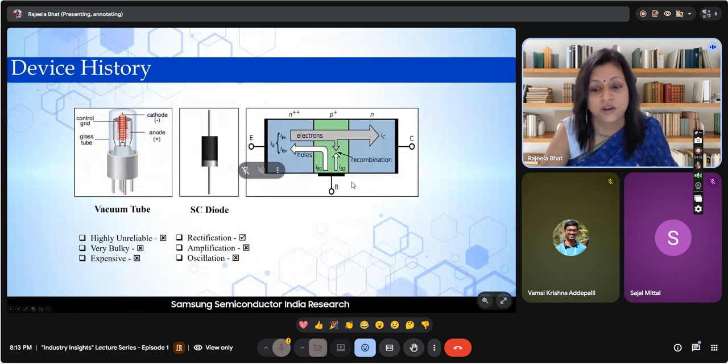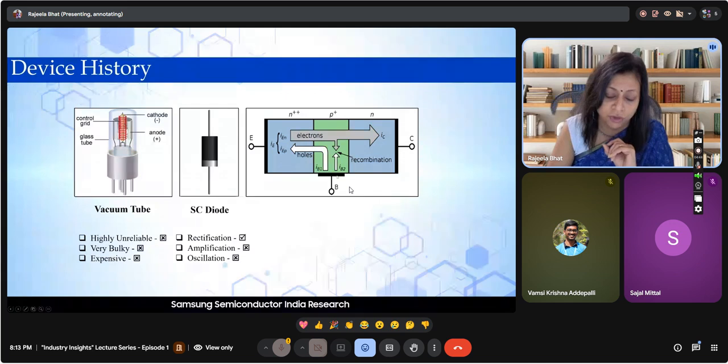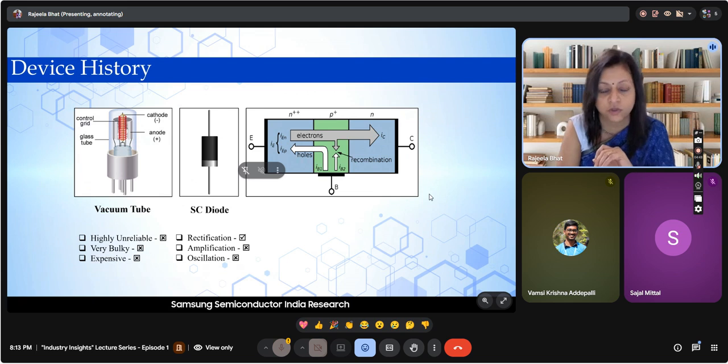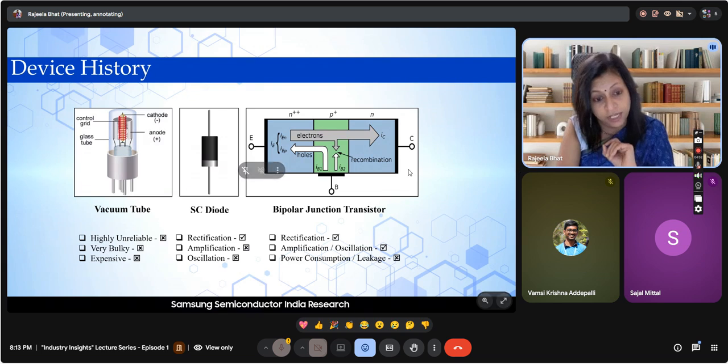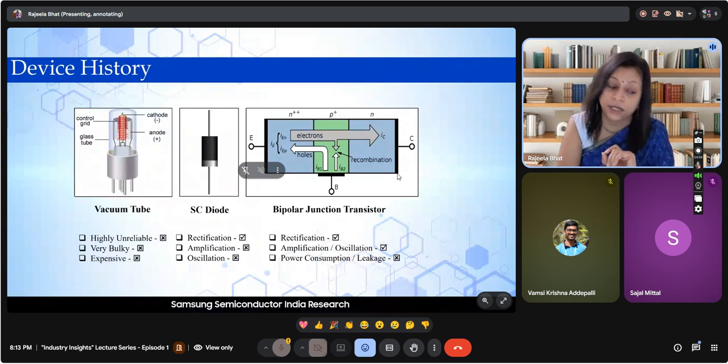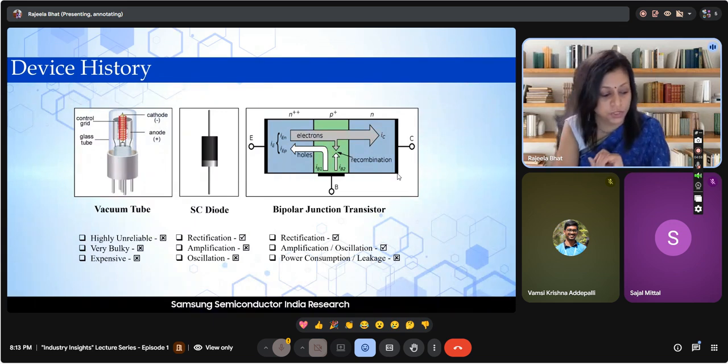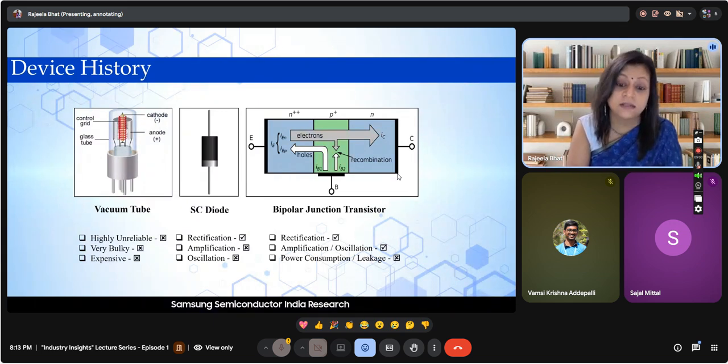There was electron recombination, and then there was a flow of current, which was needed, and it played a pretty good role. But then this also had some drawbacks. It did give us rectification. It did give us amplification. It did give oscillations also. It actually, in fact, sustained